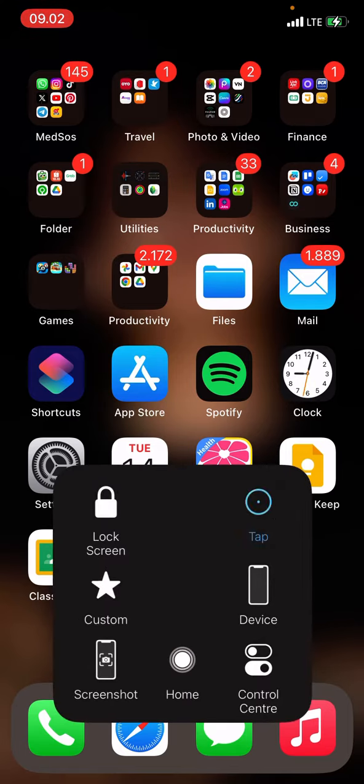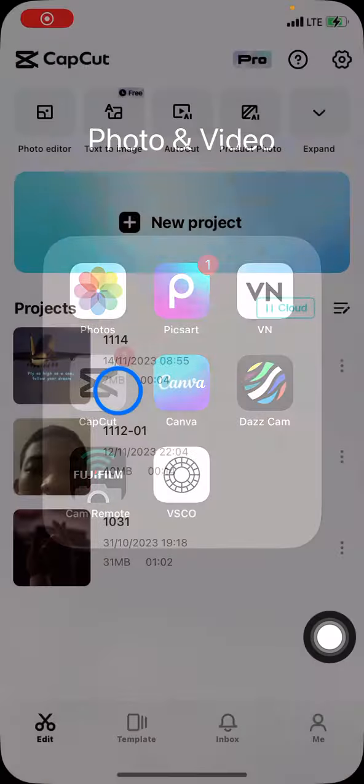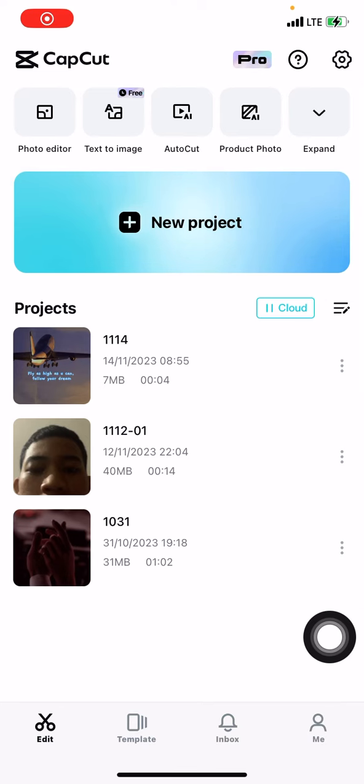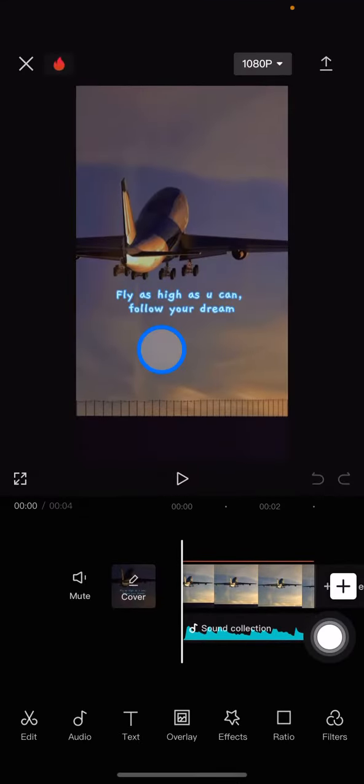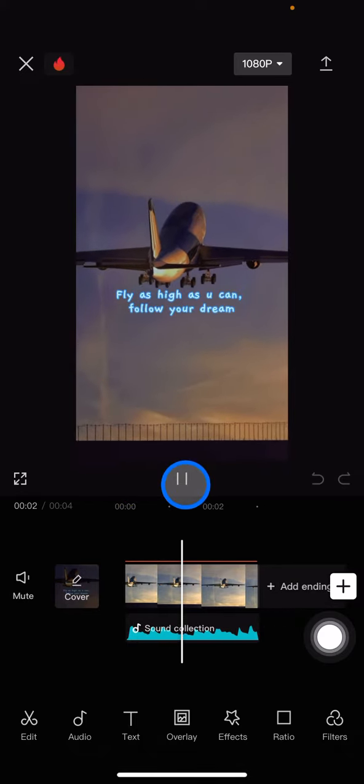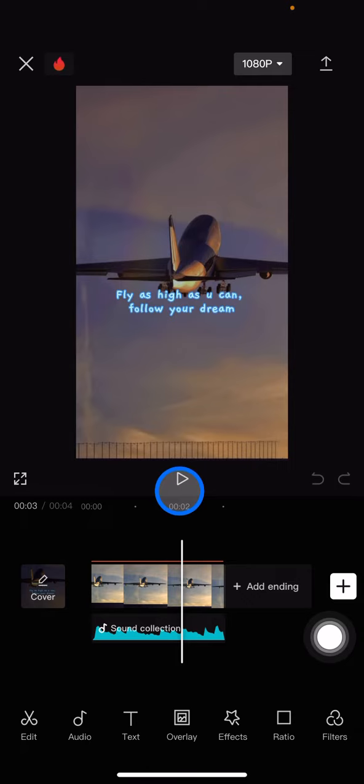So the first thing we have to do is go into the CapCut application, start your new project and do the editing. But if you already have a project, just visit your project. And here I already have a project, and I want to save this project into my gallery, photos or media on my device, to upload to my